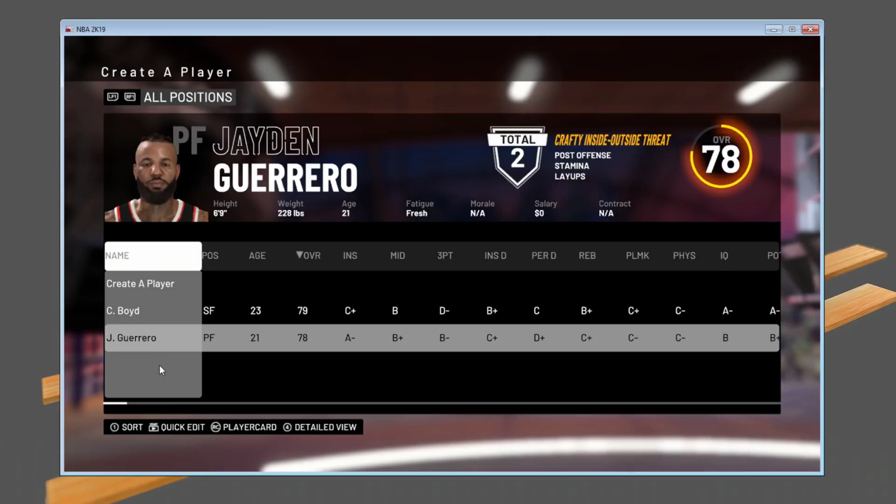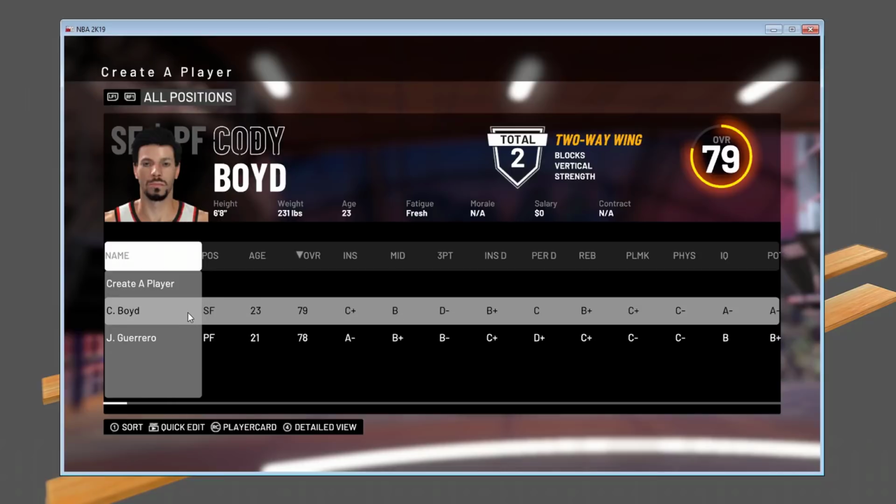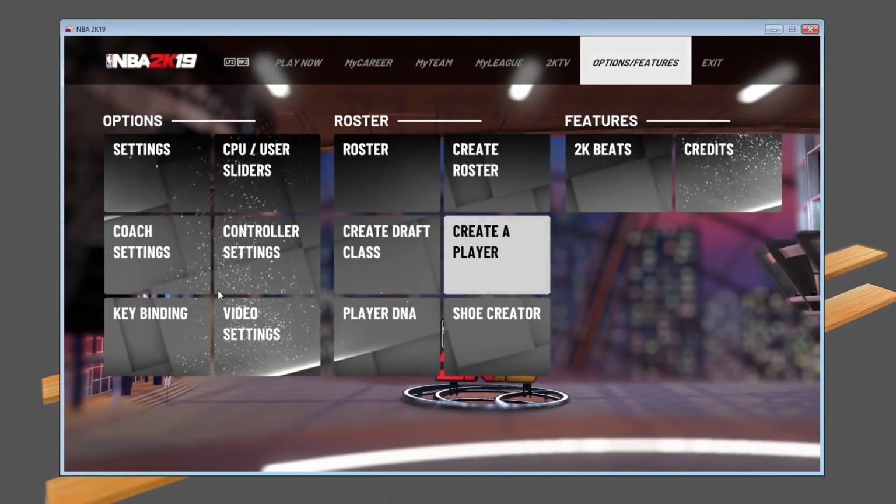You create a player here, and then this list will appear in your different game modes outside of my career, and you will be allowed to add these players at any point into my career, my GM season, or anything like that, or even a draft class also. Basically, you would be able to add the player into a roster or draft class after you make them. Now, player DNA is a little different,